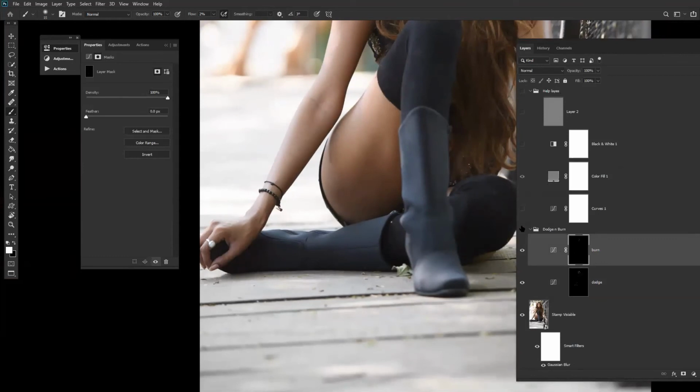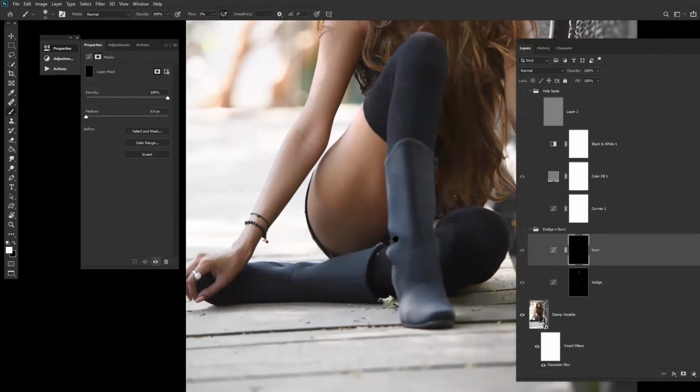So this is how we dodge and burn. See, we can shape the line over there. Now we'll do the color mixing of it.